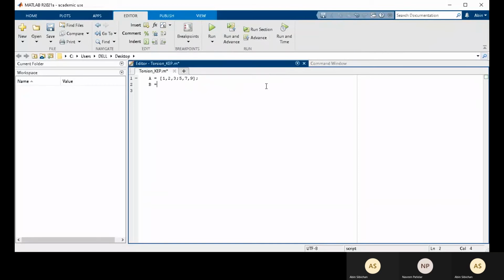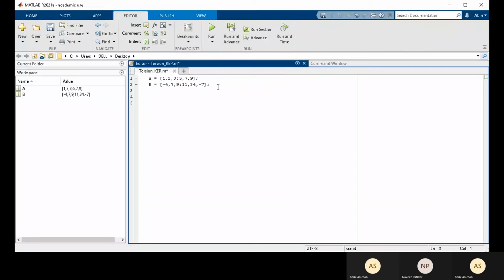And then I have B, which has the same dimensions as A, let's say minus 4, 7. Sorry, here I should add a semicolon. If I run this, I have A and B.